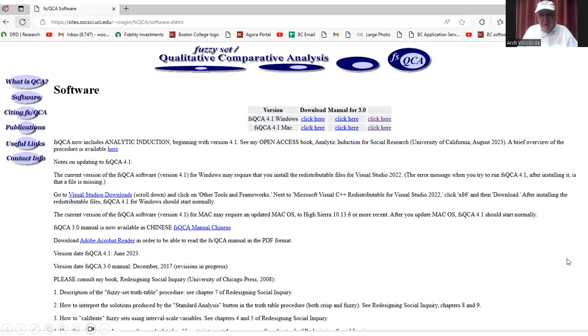By clicking on one of those two, you can also read a brief explanation of the procedure. It's about 5 pages long, written by Charles Ragin, by clicking on the button right in the middle of this page. Okay, so I'm going to stop sharing on that